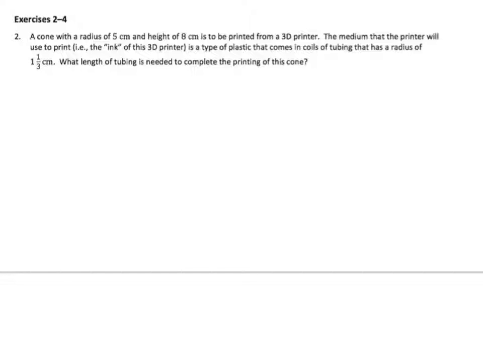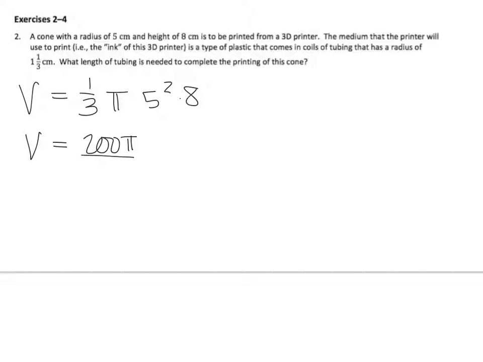So we need to know how much, I guess we can do the volume of the cone and then try to figure out how much of that medium is needed. So let's figure out the volume first. I've got a radius of 5 centimeters and a height of 8 centimeters. So our equation for volume of a cone, pi r squared times h. Do a little math. I've got 200 pi over 3. Okay,